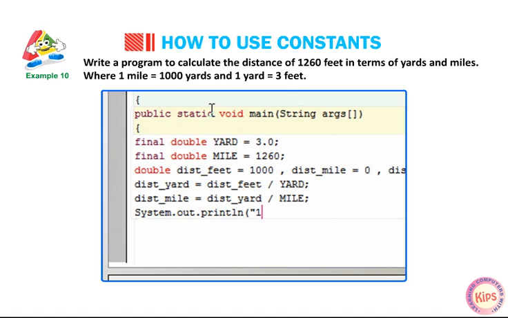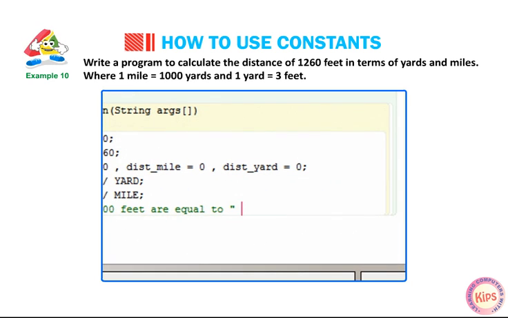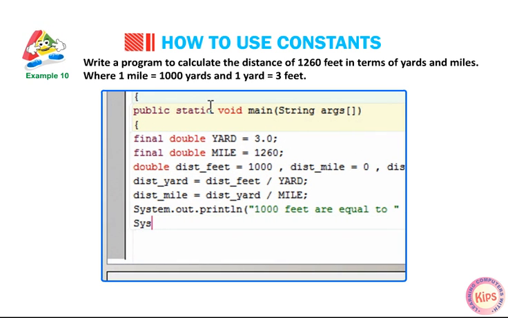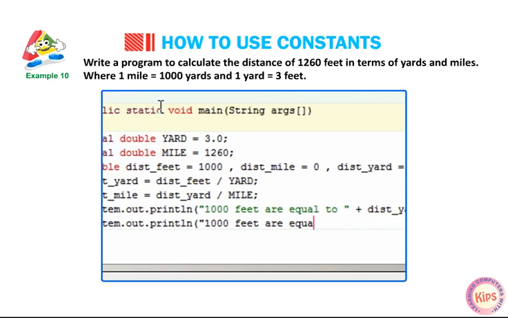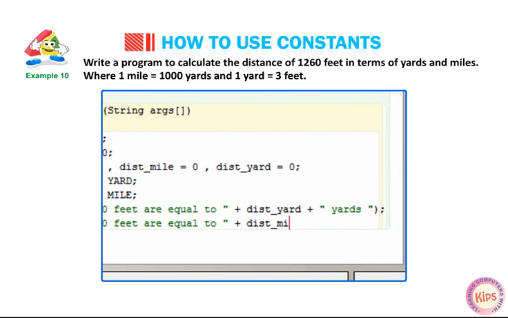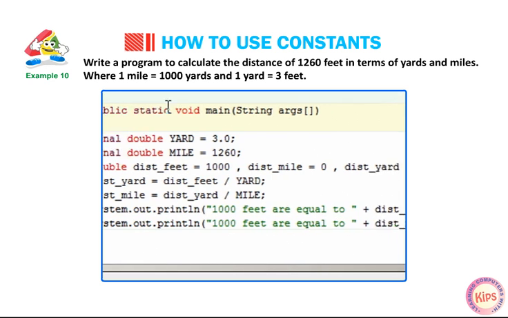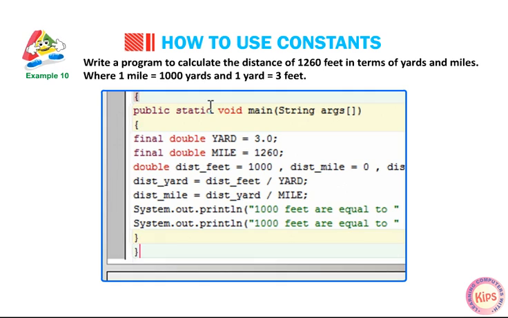System.out.println("1000 feet are equal to " + distance_yard + " yards"); System.out.println("1000 feet are equal to " + distance_mile + " miles"); } }